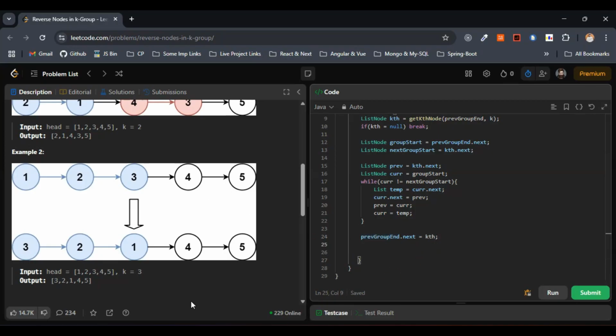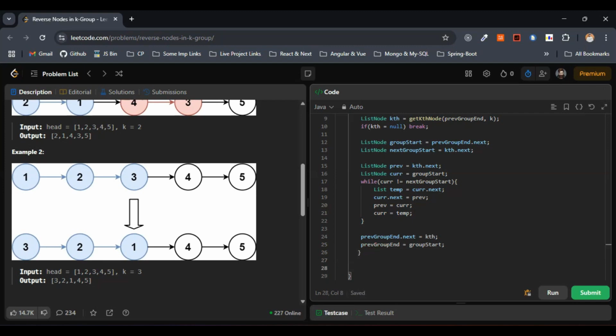So here in this case, let me go with previous group next equals group start. So we have to start with 4, right? Next, so here I can just give group start. Where is group start? This one. Let me paste it over here. This is fine. So the final step here would be,